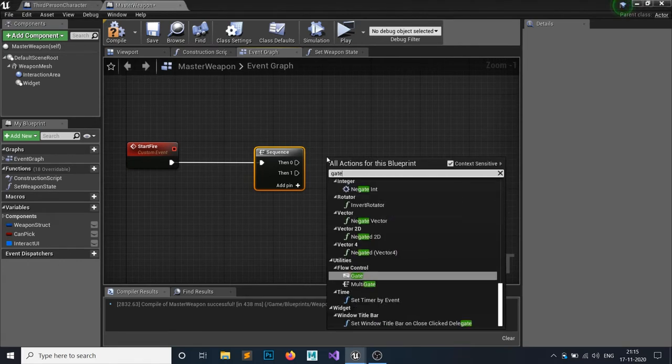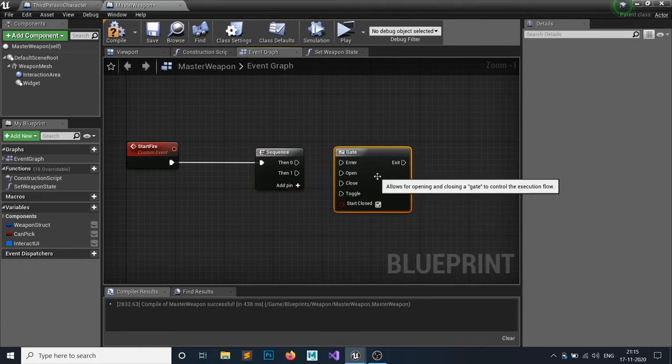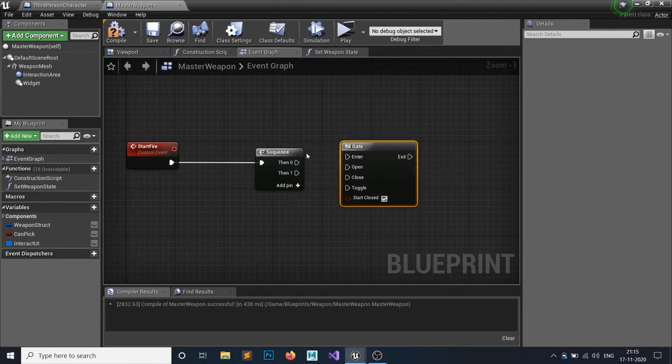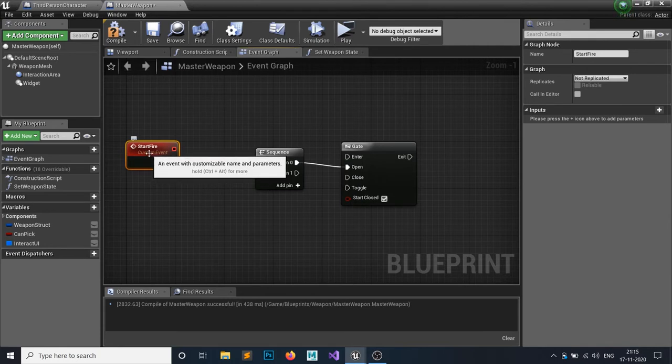And I need a gate, this flow control gate. I won't show you what a gate is, but a gate is basically a flow control. Whenever it is open, it will flow, but whenever it is closed, it will simply exit the gate. So first I want to open the gate, because if it's not open, then I cannot enter. And make sure start closed is true, because I want to start the gate closed. So whenever this custom event start fire is called, first we want to open this gate and then we want to enter. Okay,